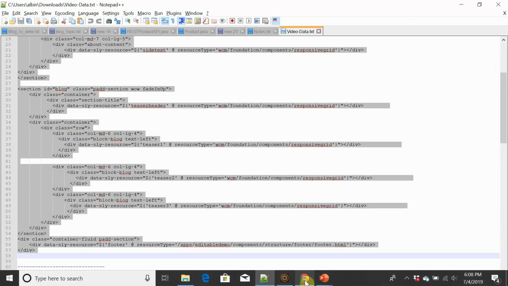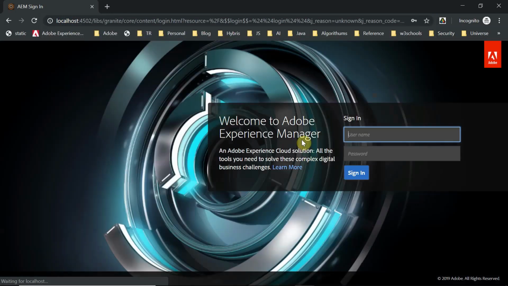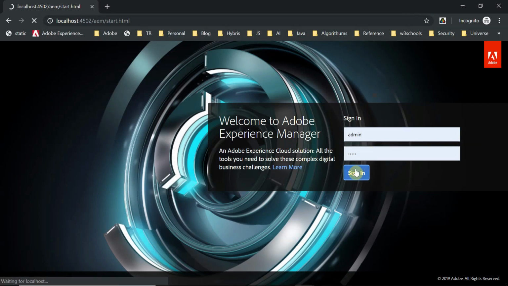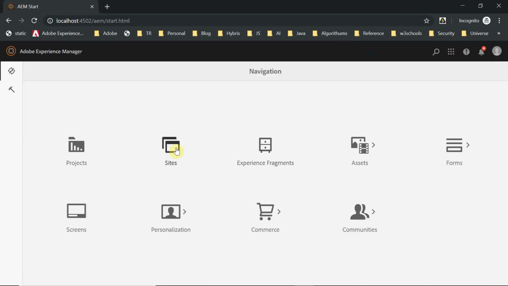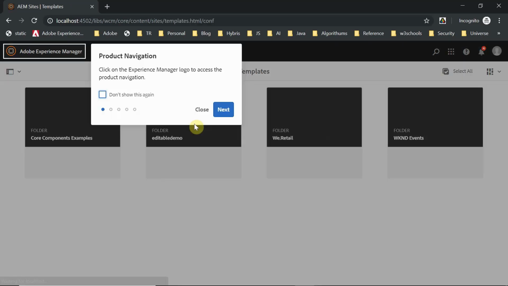What I will do is go in an incognito window and open it. Okay, go under templates.